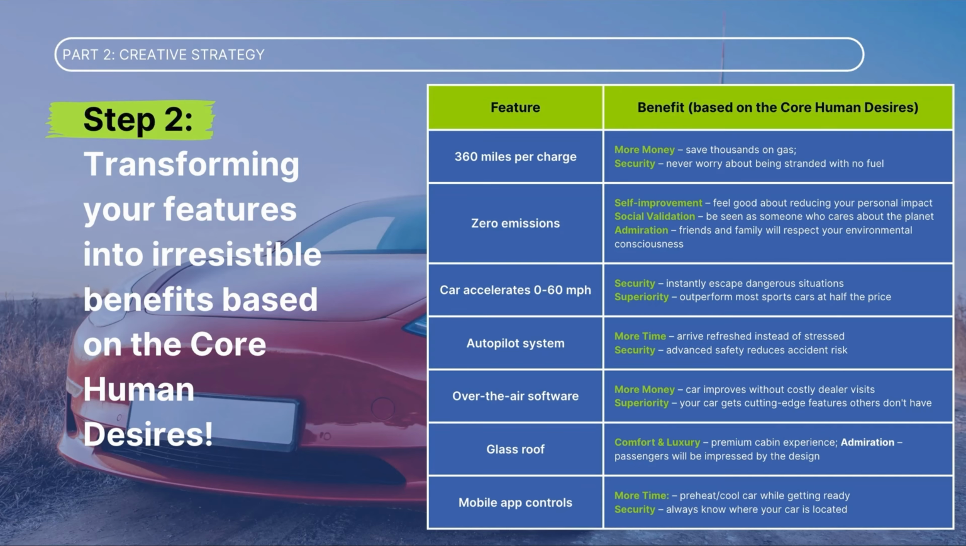have, superiority. The glass roof extends to offer a premium cabin experience, comfort and luxury, and your passengers will be impressed by the design, admiration. Use the mobile app to preheat or cool the car while getting ready, more time. And also know where your car is located, security. Thanks to the Tesla supercharger network, you'll enjoy faster charging anywhere you travel, more time, and the reliability of